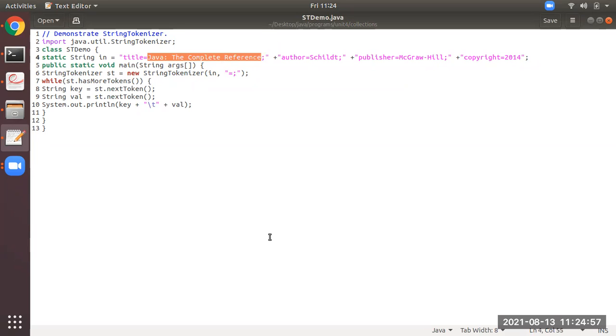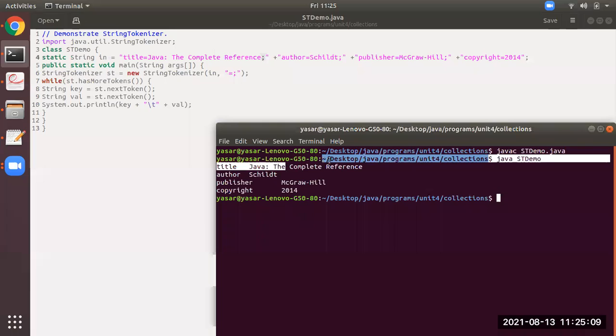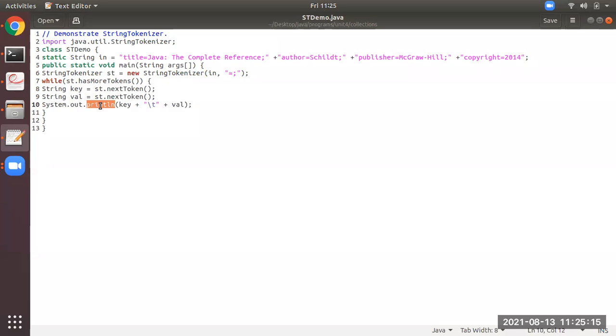It will read Java the complete reference, and it will stop, because after that there is a delimiter again. So this way it will read the data. Then at the 10th line it will print the key value, that is title, and it prints the complete reference.